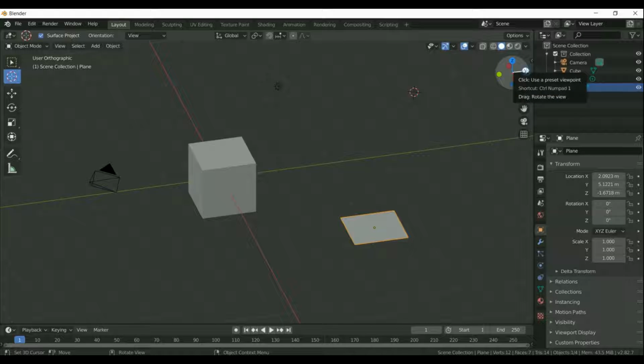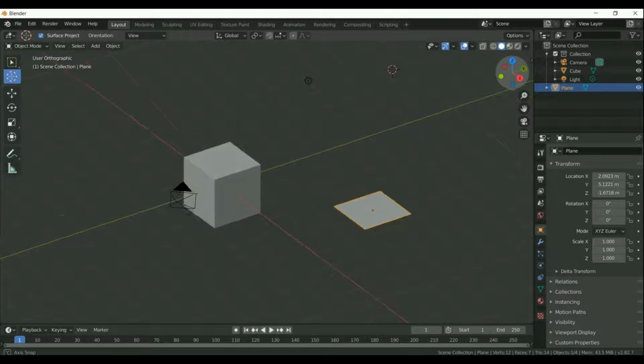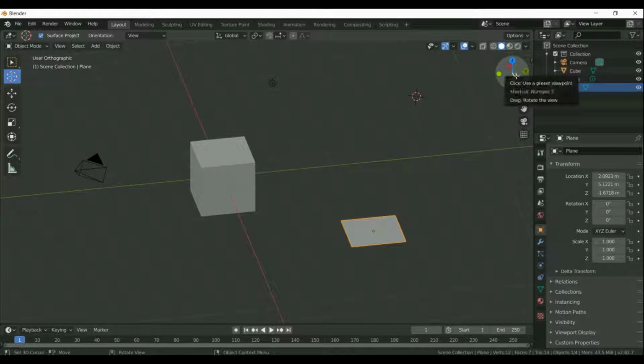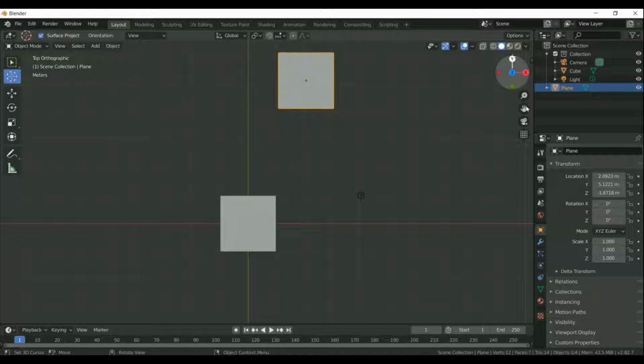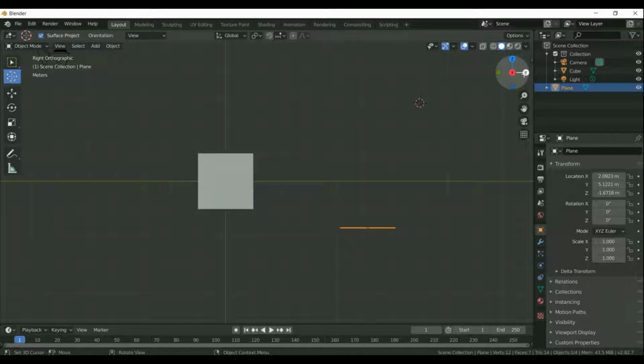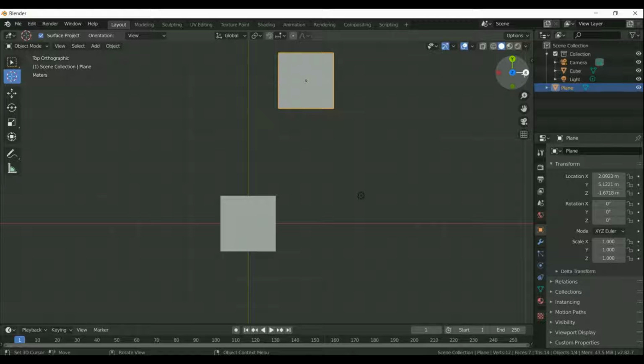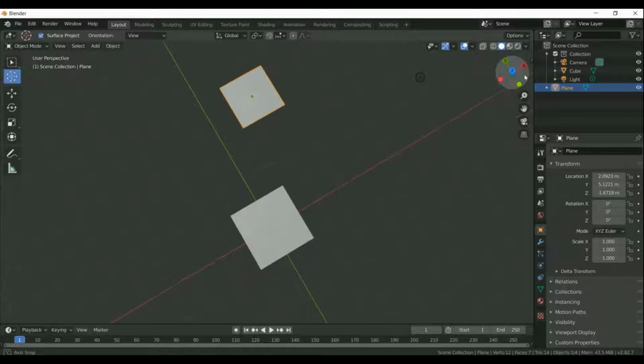Also on right click, we can change the view by clicking on this X, Y and Z axis. These are the main viewports. You can switch through different views through these right toggle buttons, or by clicking the numpad 1, 3 numbers. You can switch through different viewports by clicking either through numbers or through the toggle buttons.